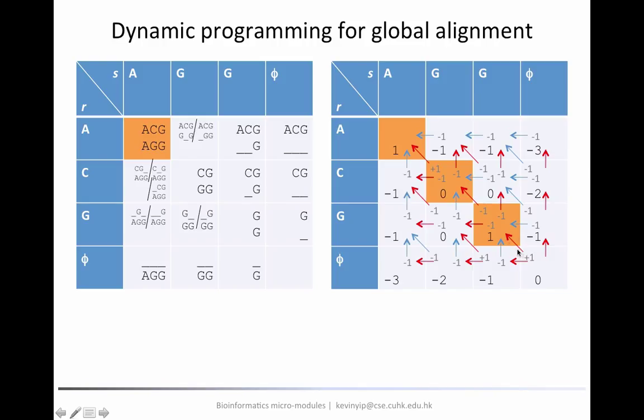By knowing that this is the only way to get this optimal alignment, correspondingly on the left-hand side, we also put down the alignment. Sometimes for an entry, for example, this 0 that I'm pointing at right now, there are 2 different arrows pointing in, meaning that there are 2 different ways that can lead to this optimal alignment score. Therefore, correspondingly on the left-hand side, we also see 2 optimal alignments for that subproblem.